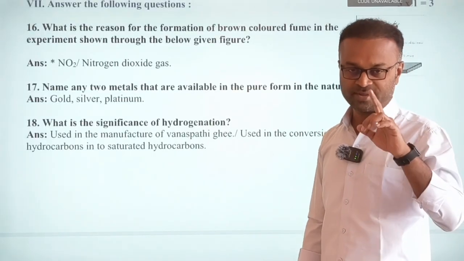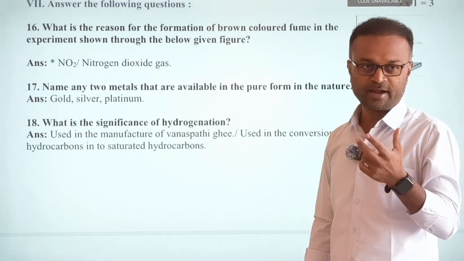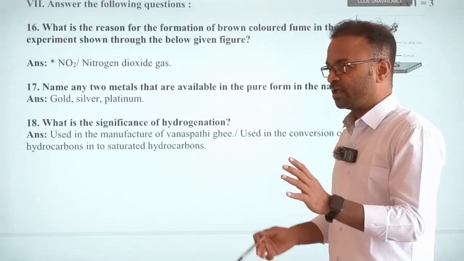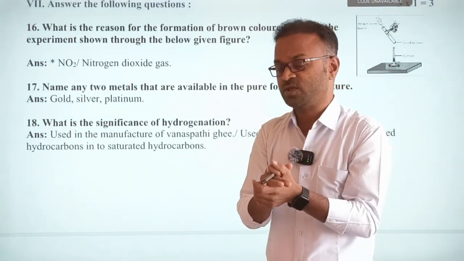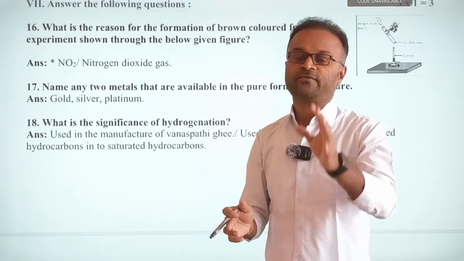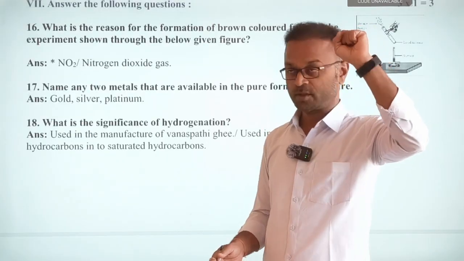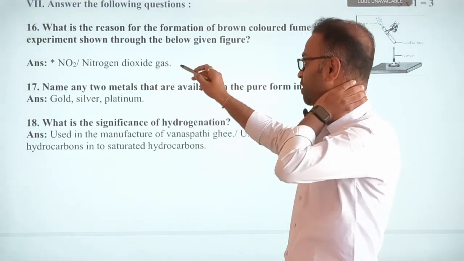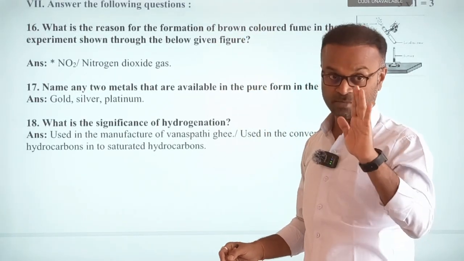So how is this formed? Already we discussed in the first chapter, right? When you heat lead nitrate, it will produce brown colored fumes. And whenever they ask about heating of any carbonate compounds, and which gas will be produced, if CO3 is there, definitely the gas will be carbon dioxide. That kind of questions also will come. Now here the correct answer is nitrogen dioxide gas, and the color of nitrogen dioxide gas is brown. Remember this.